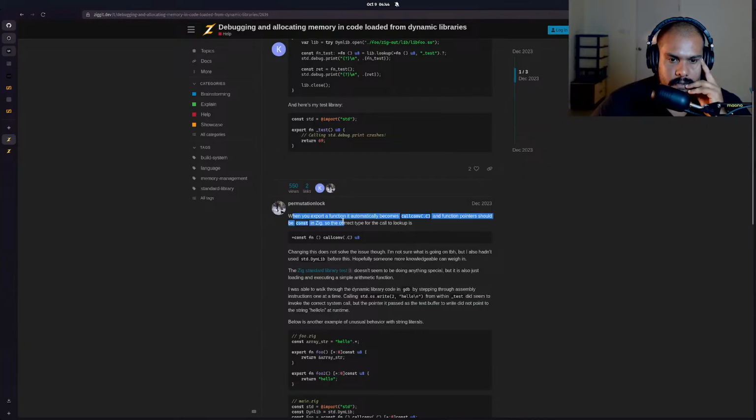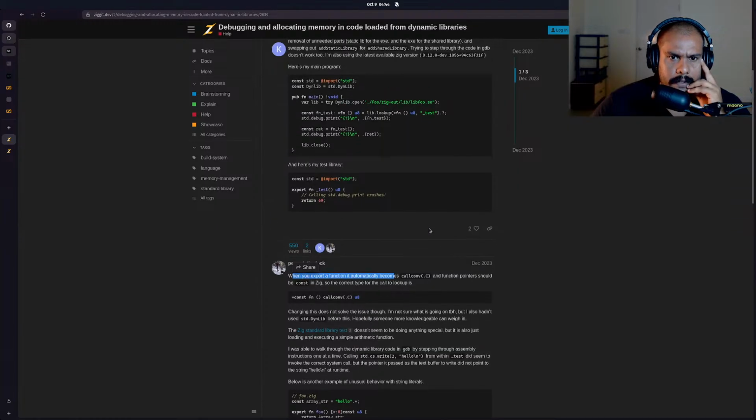When you export a function, it automatically becomes callconv(.C). And the function pointer should be const. So the correct type for the call to lookup is